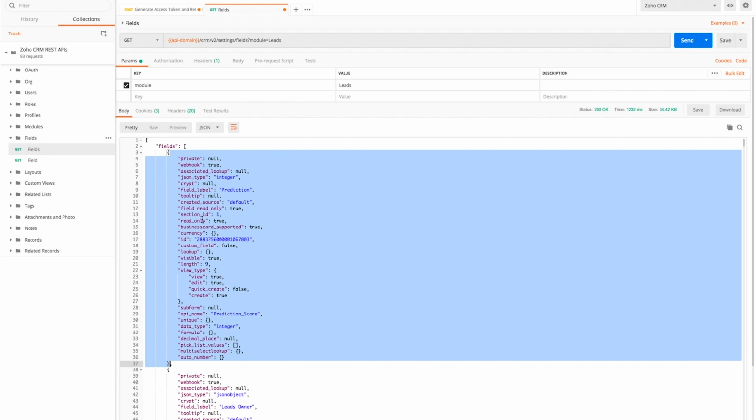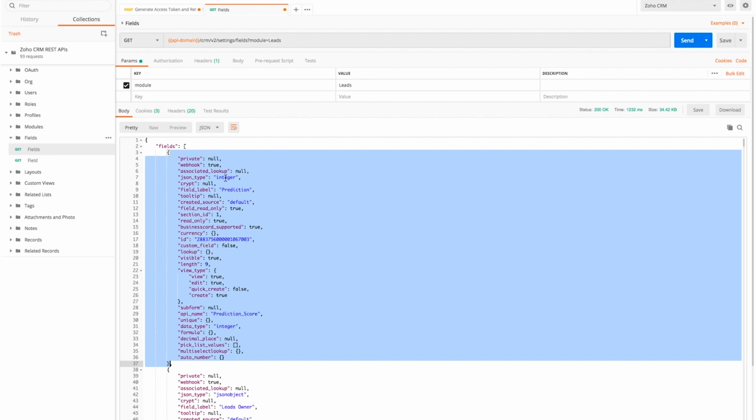And is it read only, or the source in which it is created? Does it have a tooltip? What's the label of the field? And what's the JSON type? Is it a lookup, or is it available in a webhook? Is it a private field? Is it a unique field? So all of the information about that field, instead of the value present within the field, can be obtained